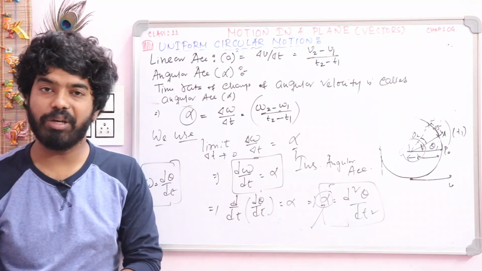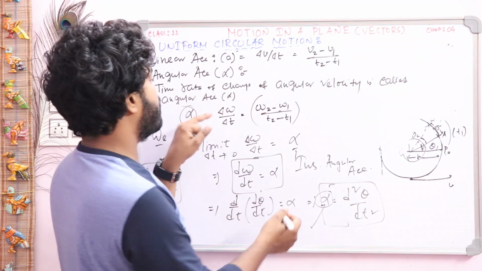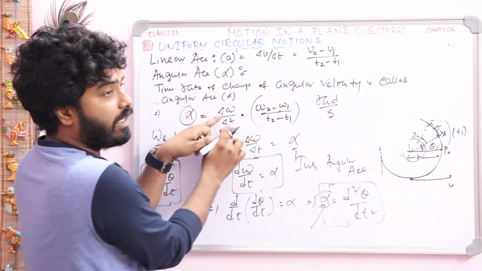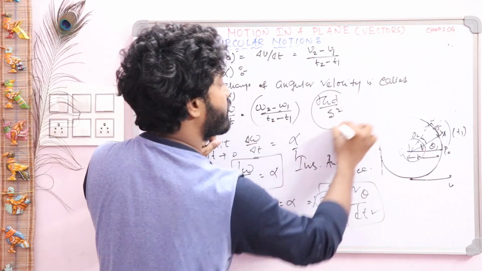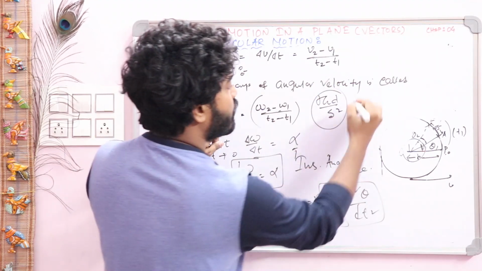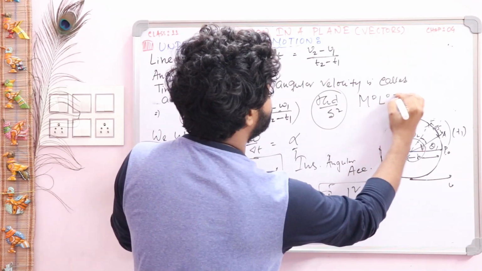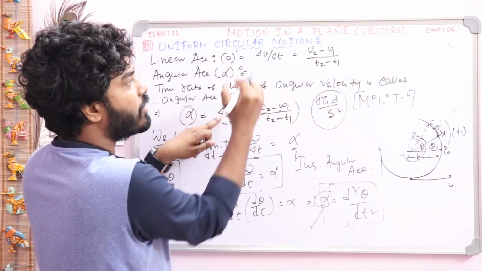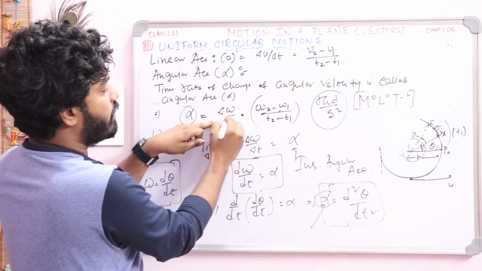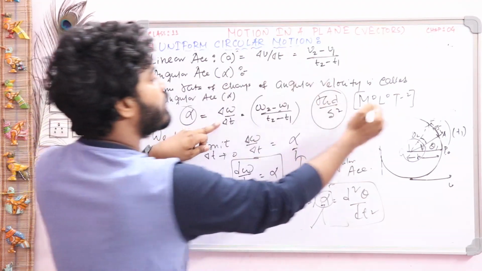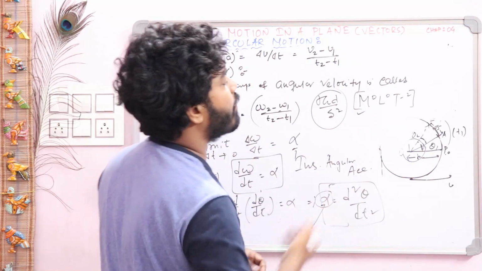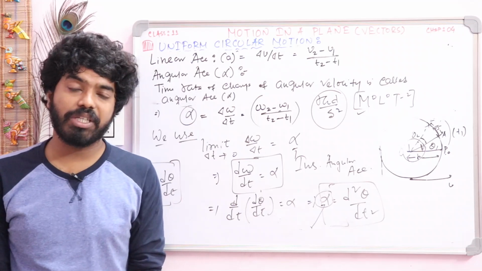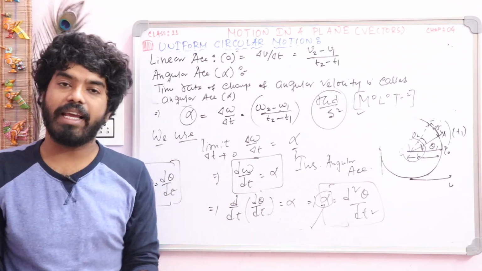Now a question is, what is the unit and dimension? Obviously del omega has unit rad per second, and there is also del t, that is second. So this one will be rad per second square as the SI unit, and the dimension will be m0 l0 t to the power minus 2. Del omega has dimension m0 l0 t to the power minus 1, and in the lower part there is t, so this one will go to the upper side, and the answer will be m0 l0 t to the power minus 2. Now we will prove another important part, that is the relation between linear acceleration and angular acceleration.